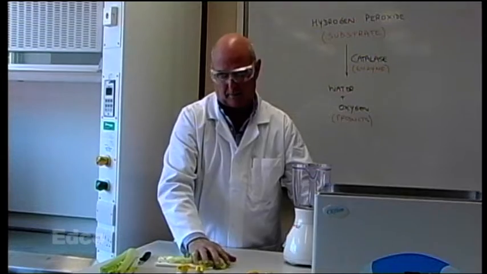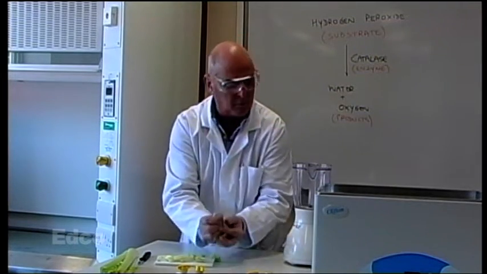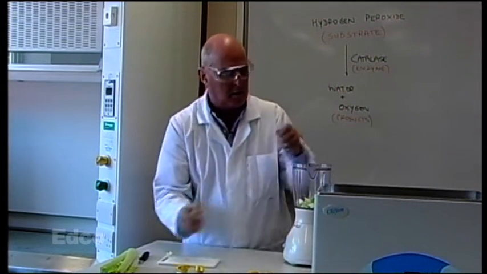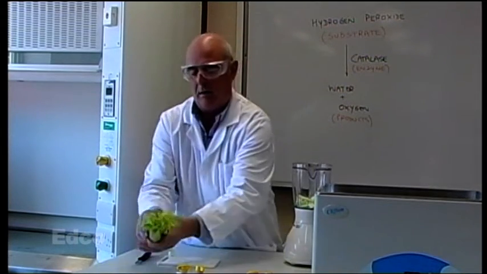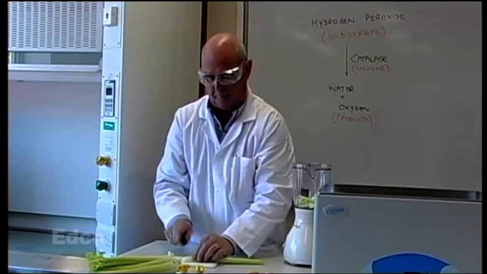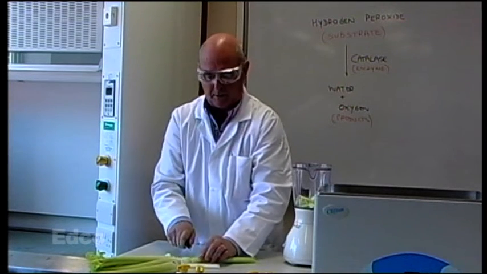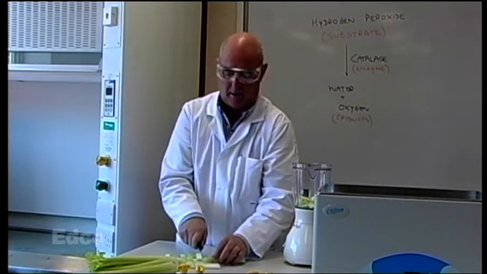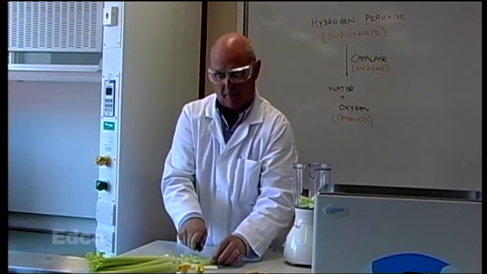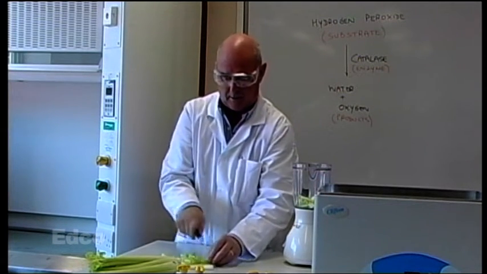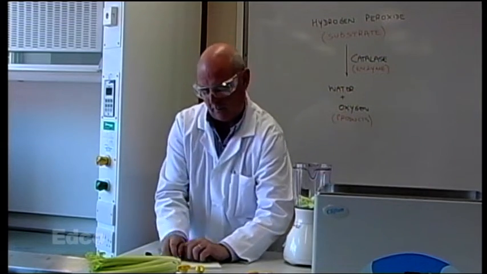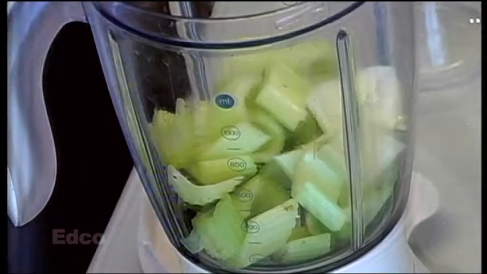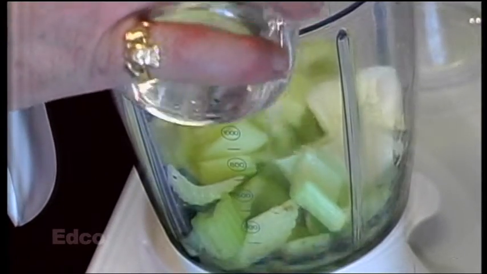And we'll transfer the chopped celery into a blender. Chopping up the celery breaks down some cell walls and helps to blend it a little bit better. And blending it will release the enzyme from within the cells. Now, if we put a number of stalks of celery into the blender, we add in some water,